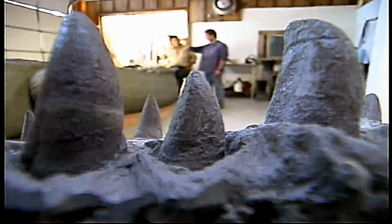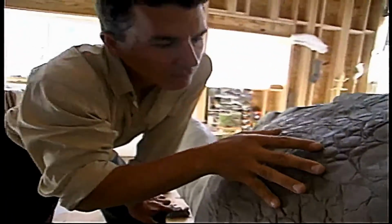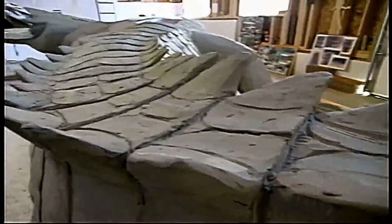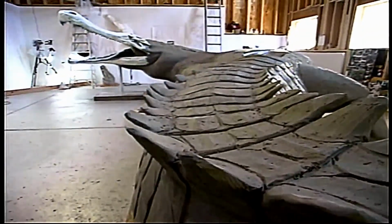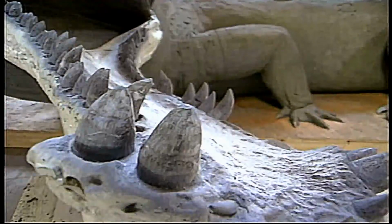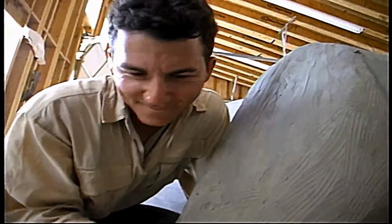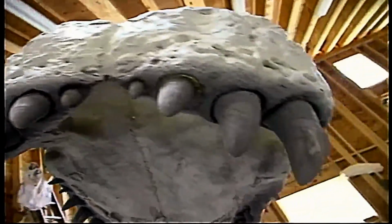For Paul, it is remarkable to see the animal he's been imagining for so long finally made flesh. I've been dealing with static, beautiful but fossilized bones, individual bones. To see it together is just amazing. This really gives you a sense of the animal. You know, I've hopped on the back of a live crocodile. That was an amazing experience. To feel the power of the animal, particularly when it's coming back and ready to throw you off its back. And to imagine this animal